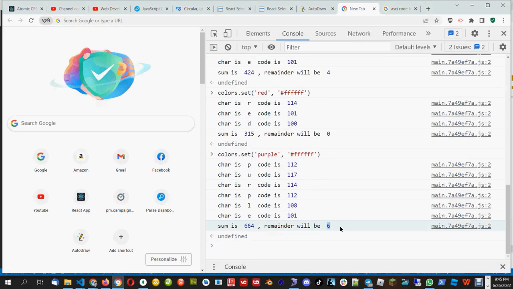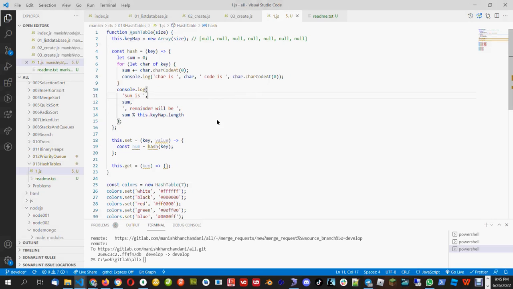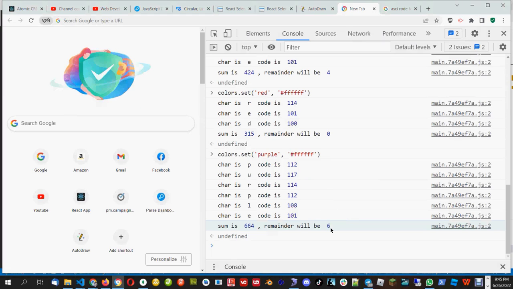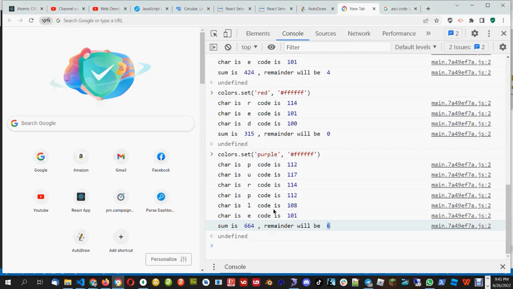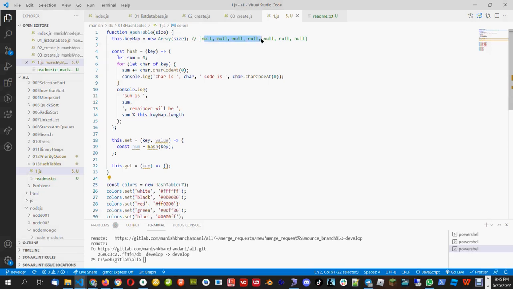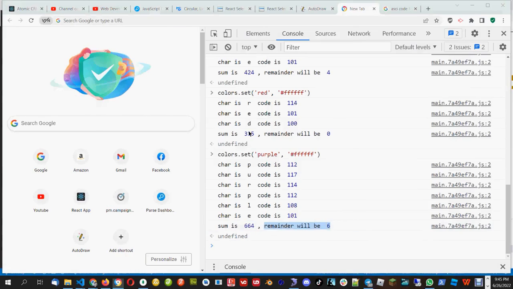We're getting 6. So you will see that as I'm putting this line of statement, I'm dividing with the total size and I'm getting the remainder, and this remainder is 6 maximum, which is the last element of this array. So we will not get more than 6 because the size is 7 here. If we had more than 7 size, then we would get this number maximum as whatever size I have in this array. Since this array's maximum index is 6, you will never get more than 6 in this remainder